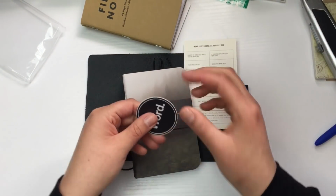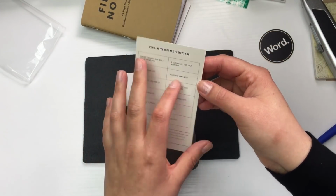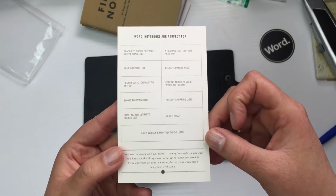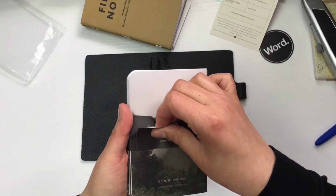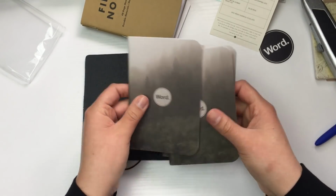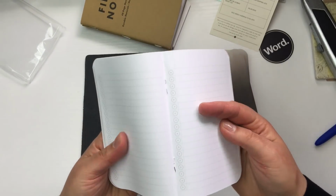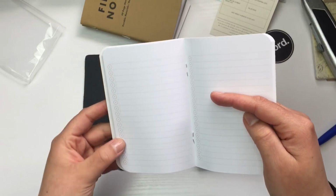Ooh, oh, this is a sticker. That's cool. Love that. Word notebooks are perfect for, and they give you an idea. Oh, I love that. I always need ideas. I like where it says killer ideas. Okay. These are also made in the US. So both of these are made in the US. Beautiful design. Okay, so these ones are lined, but they also have this bullet journal style listing in here